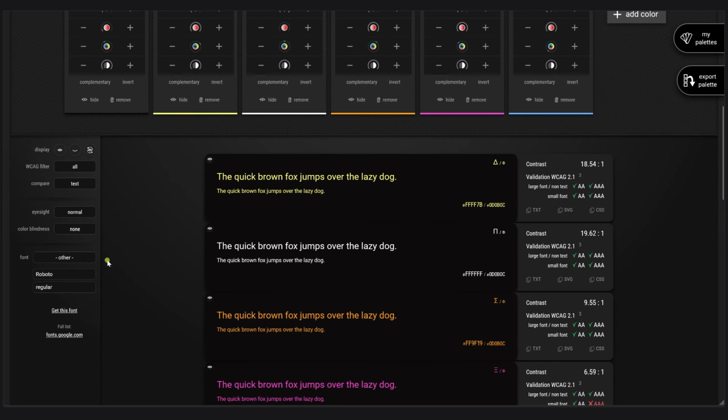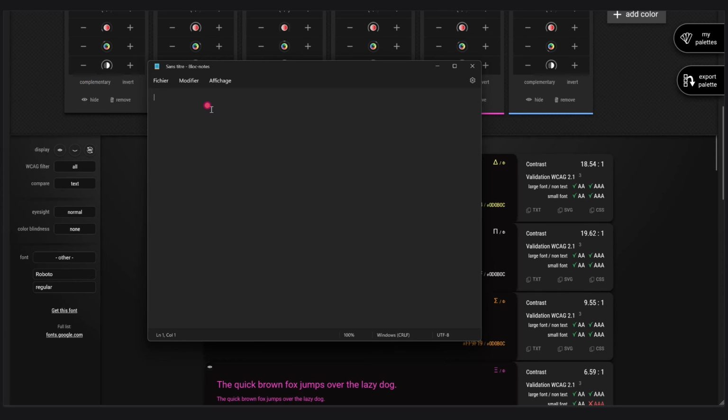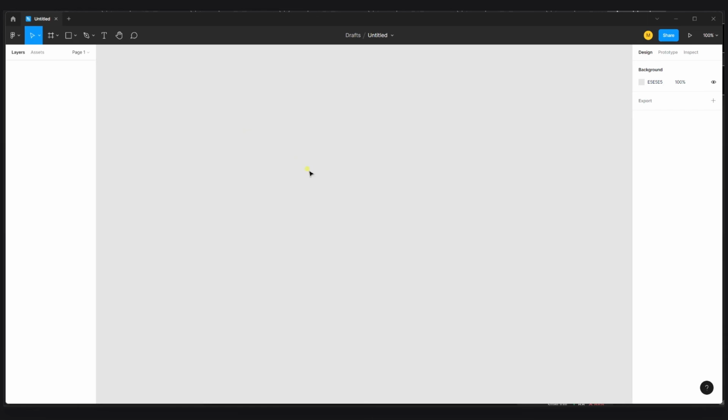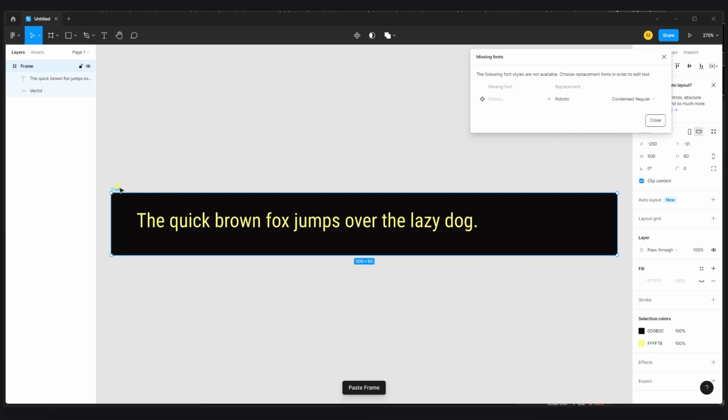Last but not least, definitely, this is the SVG. When we hit SVG, it will copy the SVG code of what we just made. We can see it in a text editor, but what is quite interesting is that with programs such as Figma, by example, other programs like that do exactly the same. When you paste that code after hitting the button, it will directly paste an SVG in your design program. So you immediately see the result.